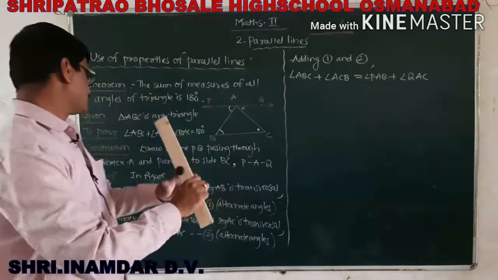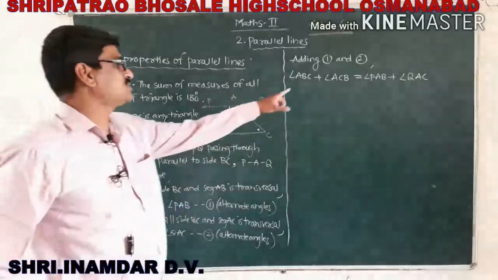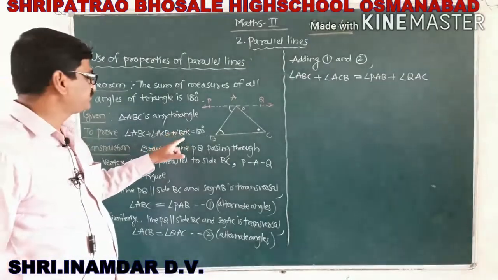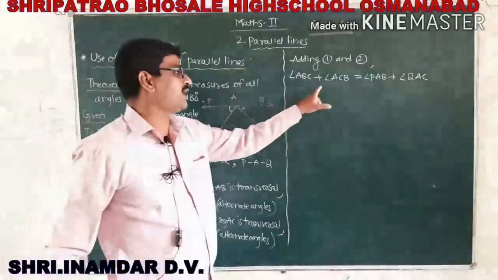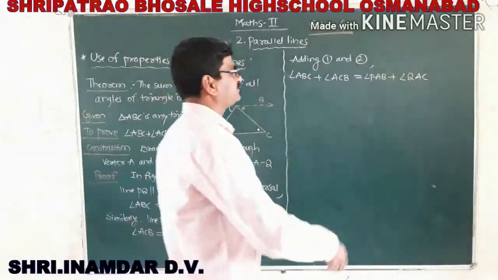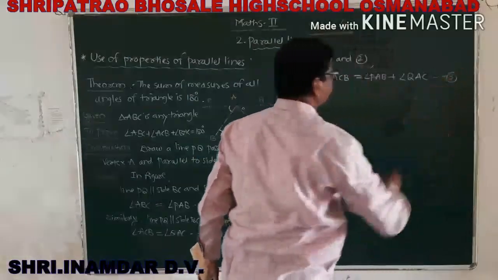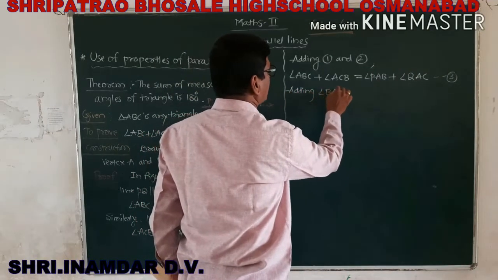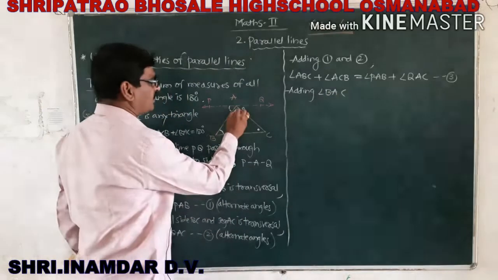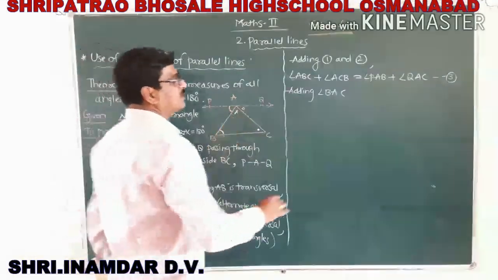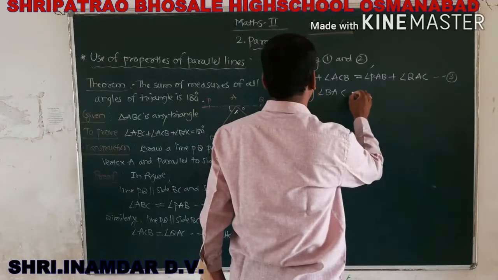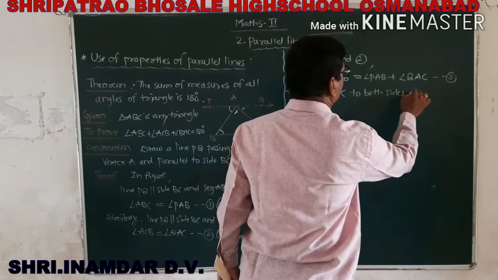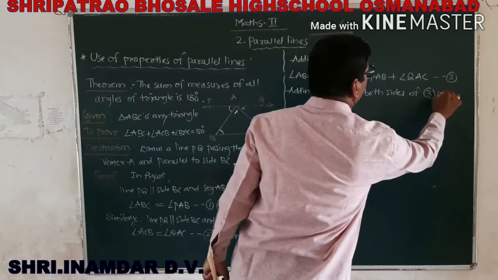Okay. So again, if you see this statement and your statement to prove, there is an extra angle BAC. Then we also have to add this BAC to both sides. So mention this is number 3 here. So next step is adding angle BAC to both sides of 3. We get